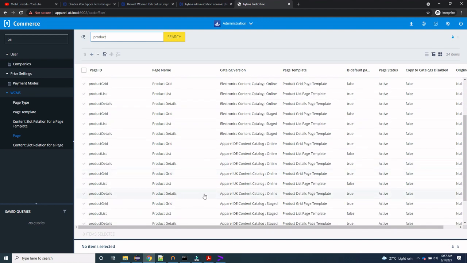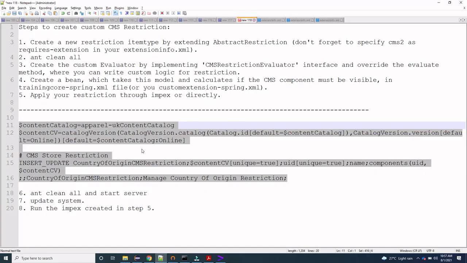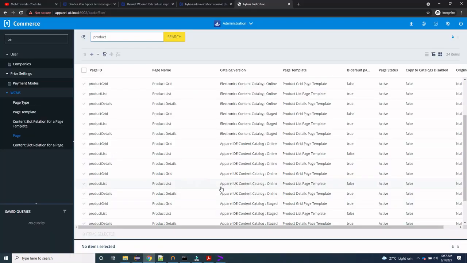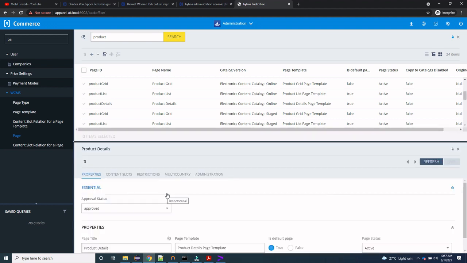As we have used this April UK content catalog in the impacts, we will select this product detail page, which is associated with April UK content, and the catalog is online because we directly want to reflect the changes on the storefront if we do any changes in here. That is why we are directly changing it in the online.